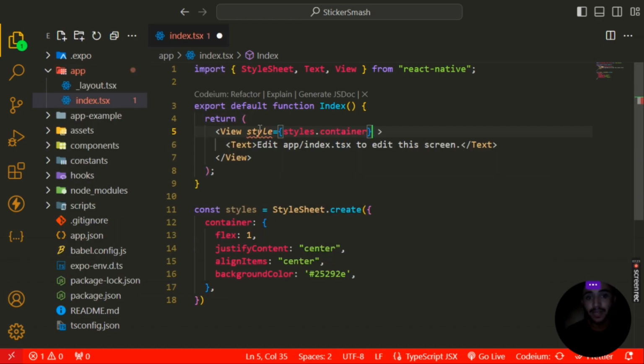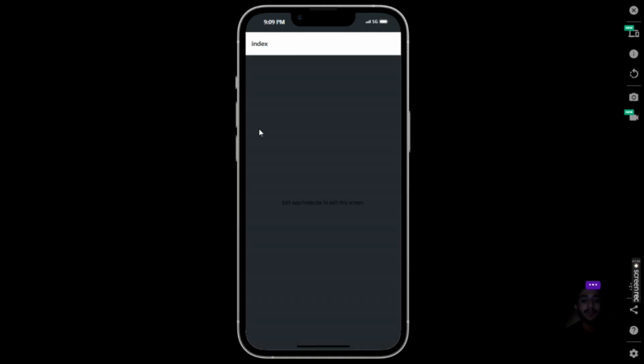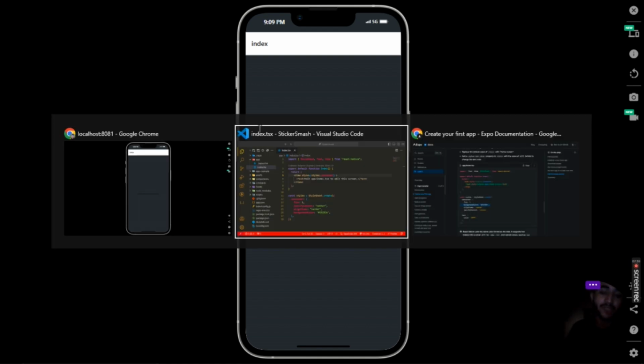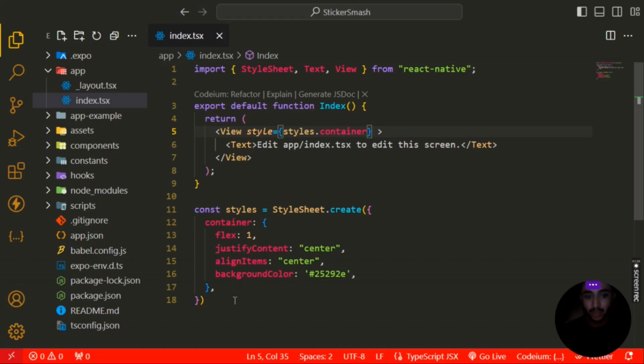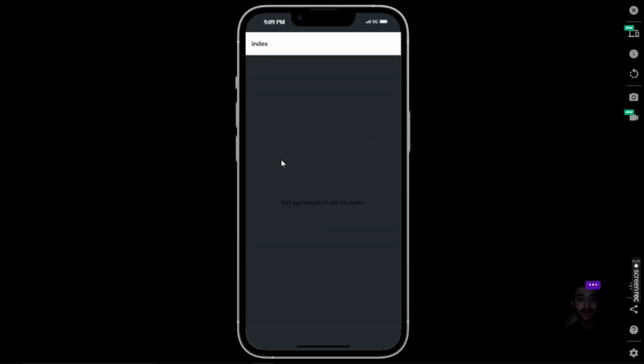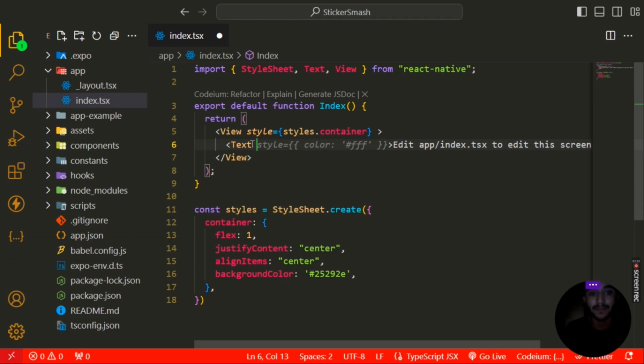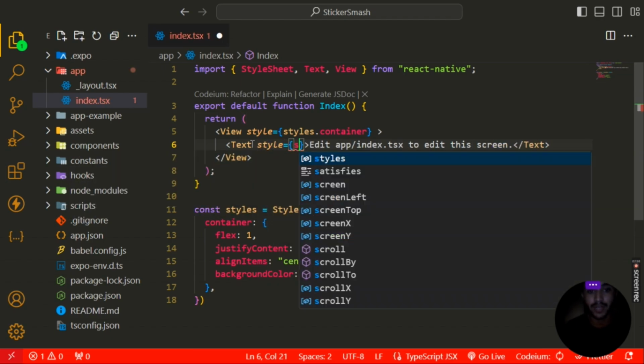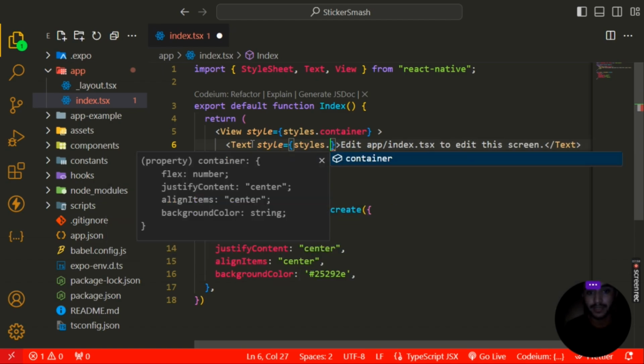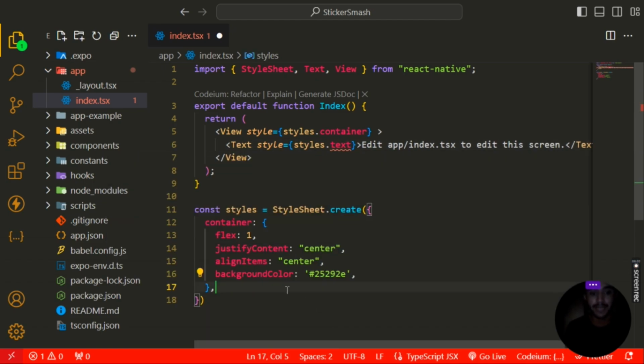The style will contain a styles.container name, which will make it able to apply this style which we have declared at the bottom. So basically we are doing CSS here and HTML here, if you want to say that. So first of all, we have to give a name to this text also, about style, and the style will be the name of styles.text, and the text will be